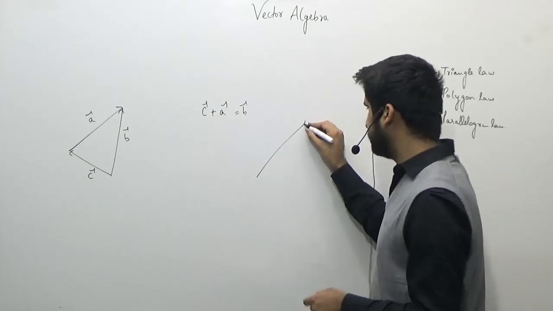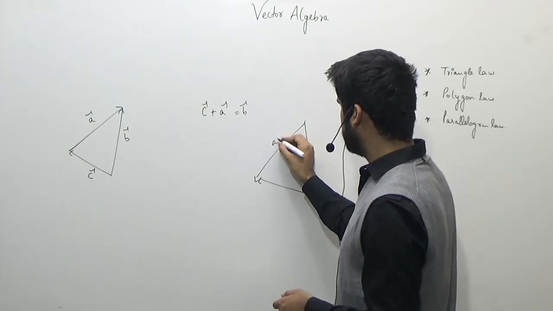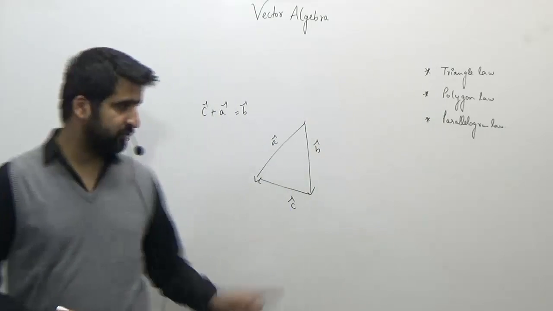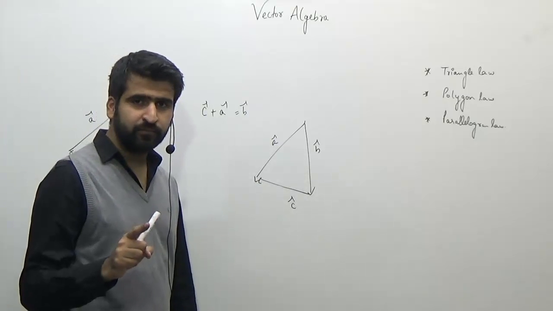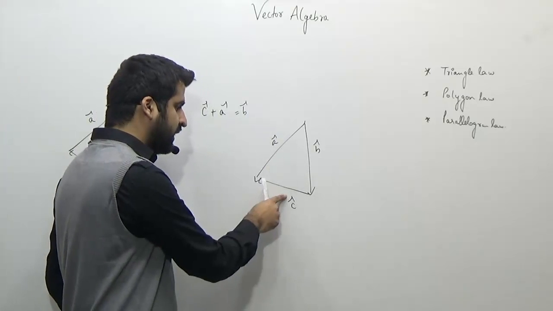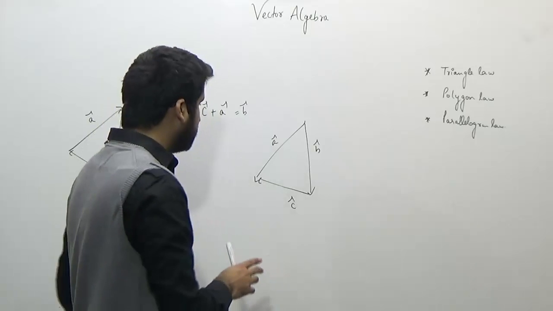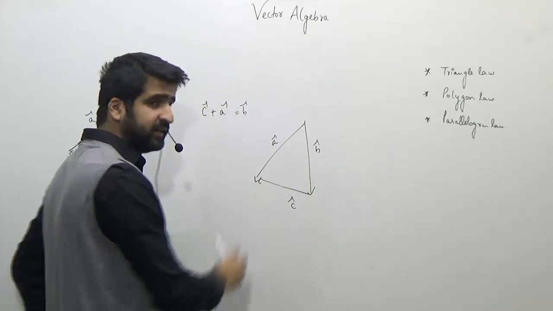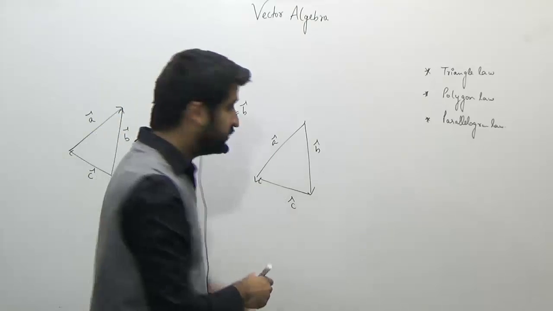Similarly, can you tell me in this case, with A vector, B vector, C vector, which two vectors are getting added? The basic condition is that the head of one vector should join the tail of the other vector. In this case, the heads of A vector and C vector are joining, so they are not the vectors to be added. Here the head of B vector is joining the tail of C vector. Therefore these are the vectors getting added and this will be the resultant vector. So we will say in this case